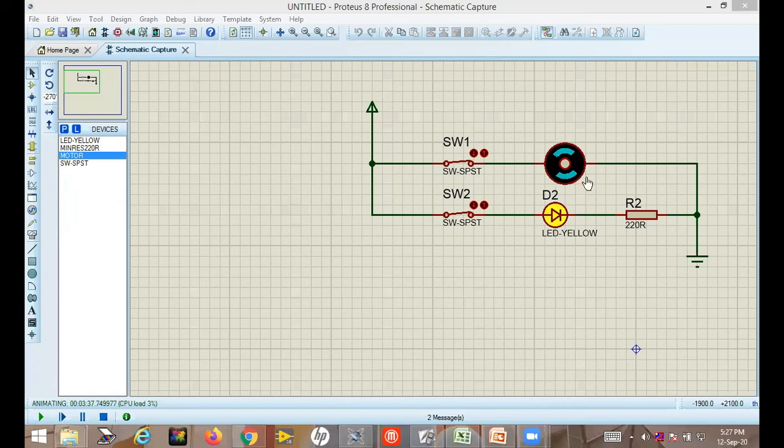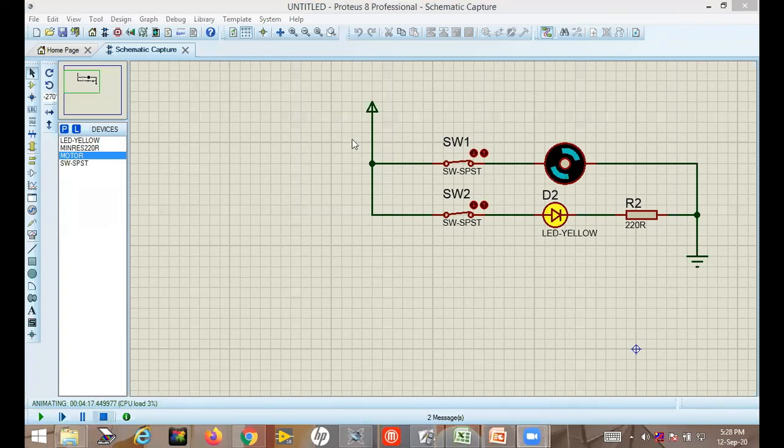To change the rotation of this motor, what you have to do? You have to change the polarity of supply to the motor. Now this motor is rotating clockwise because this plus terminal of the motor is connected to VCC and minus terminal of the motor is connected to ground. Okay, so this is the way you can design different circuits here and see the result. If you are not getting the expected result, then modify the circuit again and run simulation and see. So this is the way you can design a schematic diagram as per your requirement and go on modifying until you get the desired result.